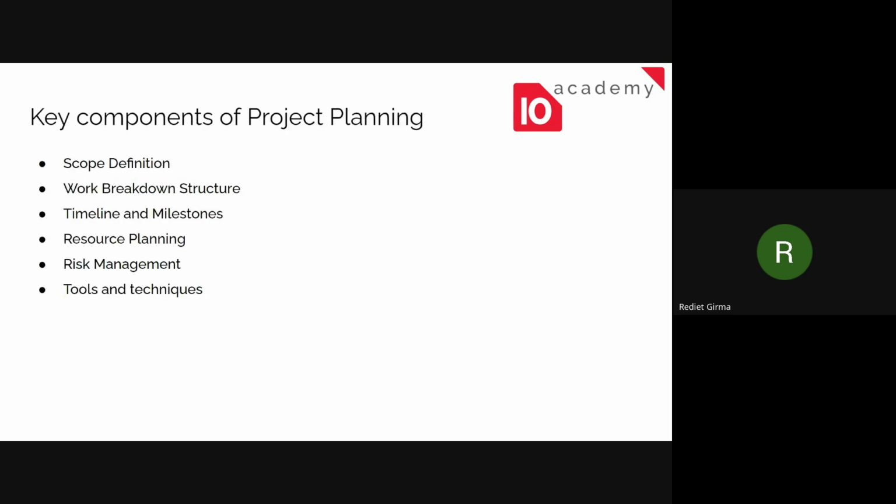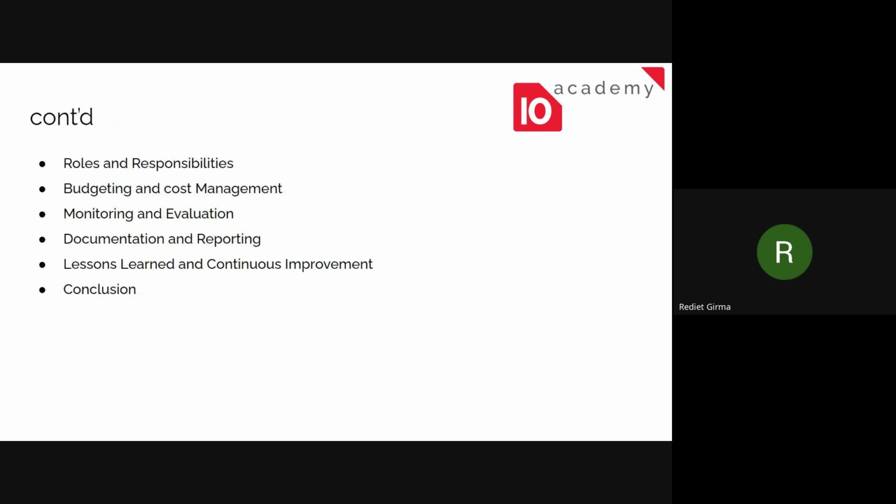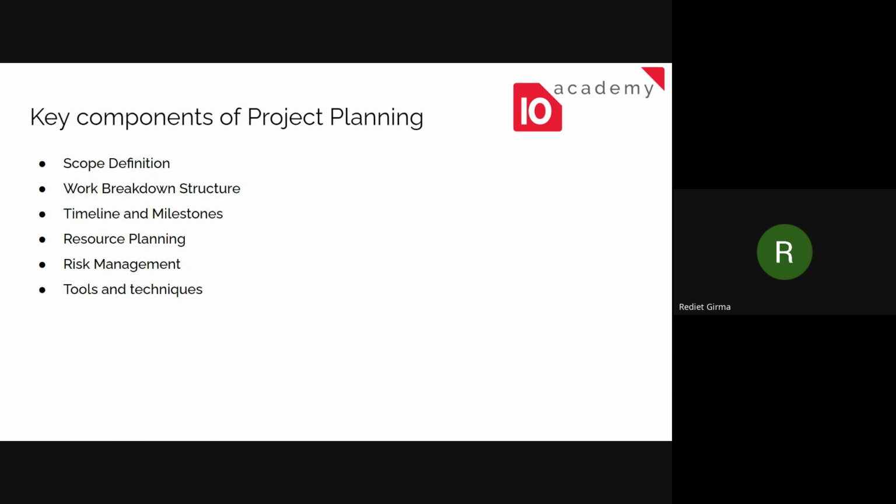So there are some key components of project planning. Therefore, I had just put it down in a bullet point, and we will just go through them, or go through the definition. So there's the scope definition first. It might also seem easy, the scope of a project, or putting the scope of a project. Like, we might assume that, of course, it's our project, and we are sure on how deep we are going to do. So we're not supposed to put the scope specifically, but no, we should put the scope specifically,